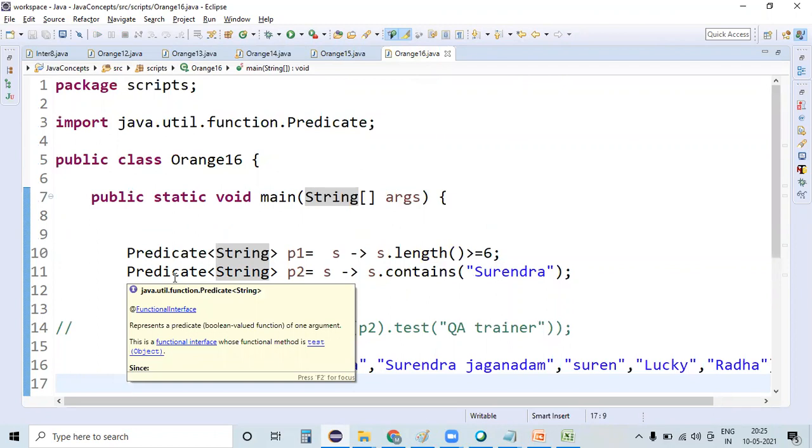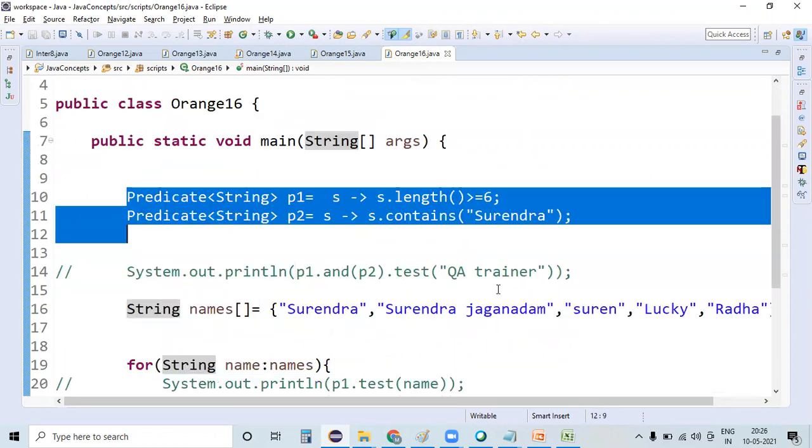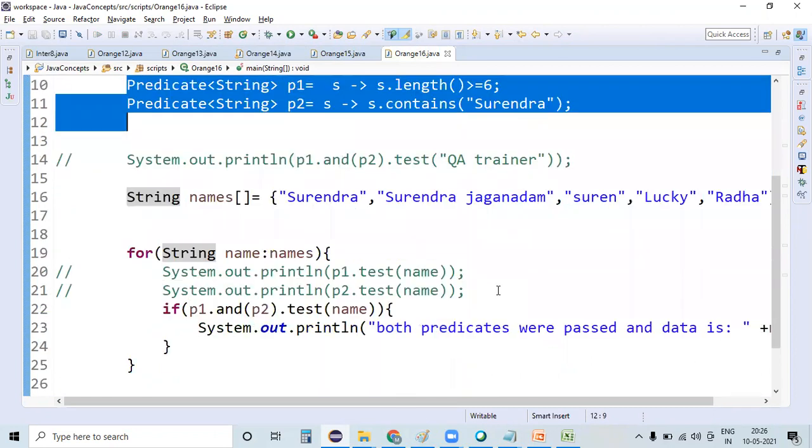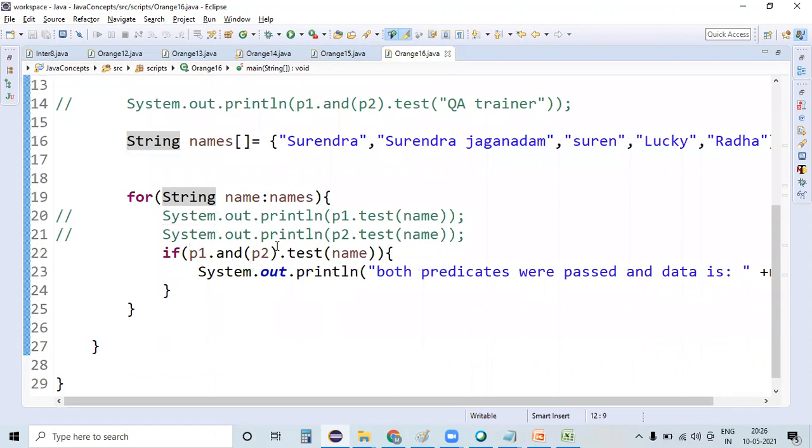Perfect. Done the deal. So these are the two predicates that I have created here, and we have even discussed a negate example too, and a predicate using an AND operator. Suppose we can use an OR operator also: if either of these conditions is true, just execute the stuff.